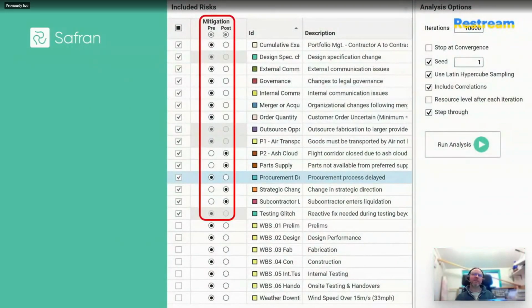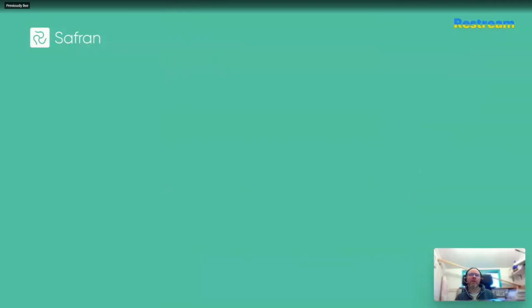And these modeling settings can be further augmented by blending pre and post mitigated what if scenarios together as desired, which is worth pointing out as it's a fairly novel feature of Safran as compared with other risk modeling tools in the market. So the key take home message here is that you don't have to go away and rebuild a new risk impacted plan or fiddle with deleting the 3-point estimates directly from within the schedule itself. You can just simply hit a button here and toggle the relevant risk driver off and on as required, minimal fuss.